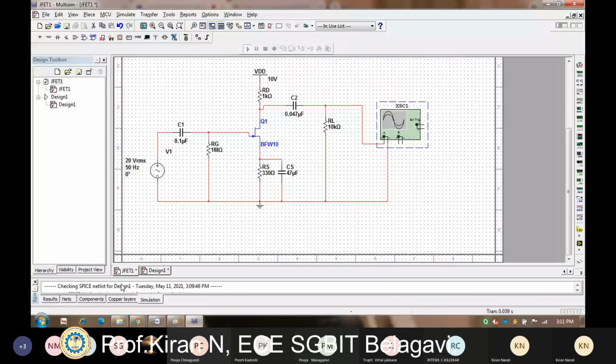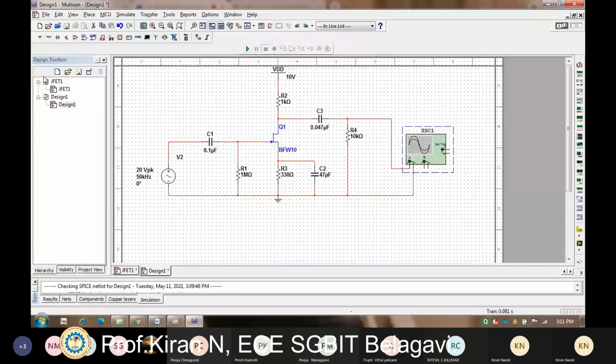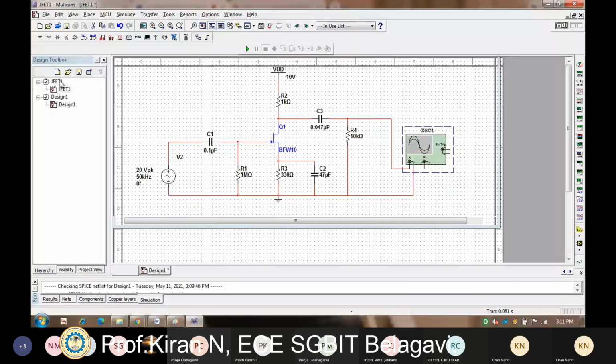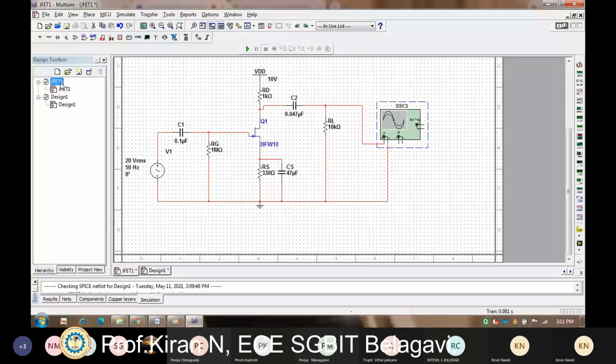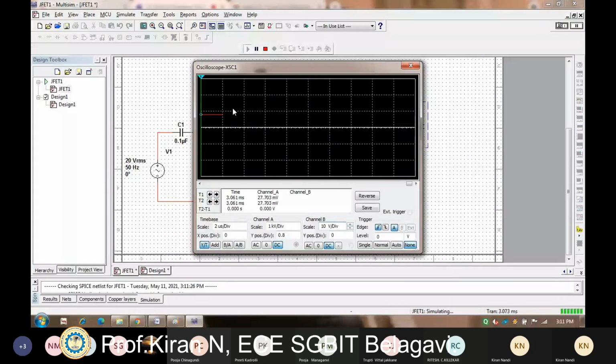Even this is correct, but here we have to adjust the CRO. Even though we are getting the output for this circuit I have designed, I have to adjust the scales here.